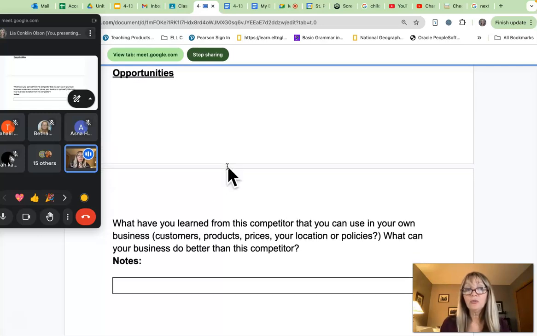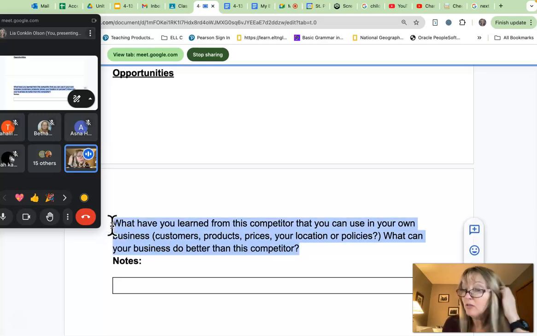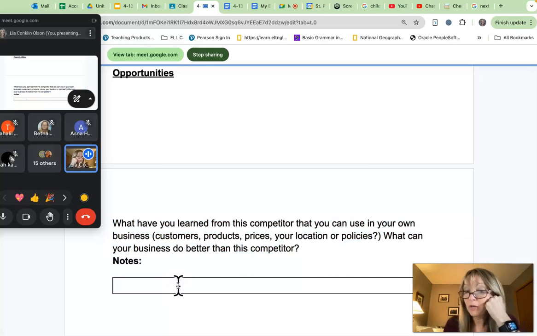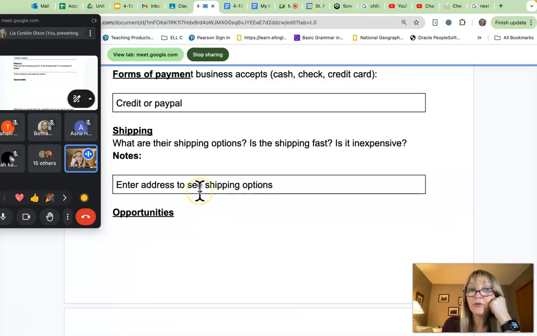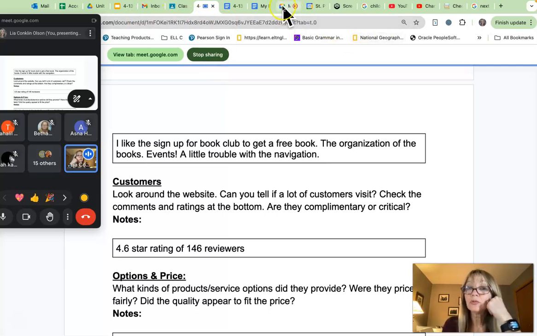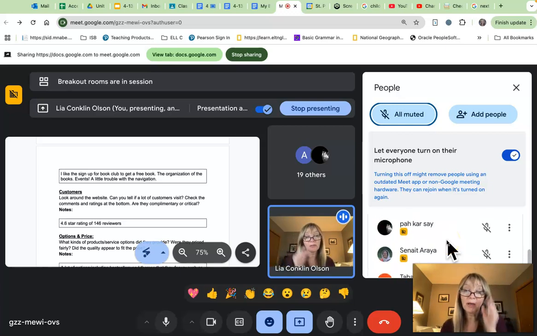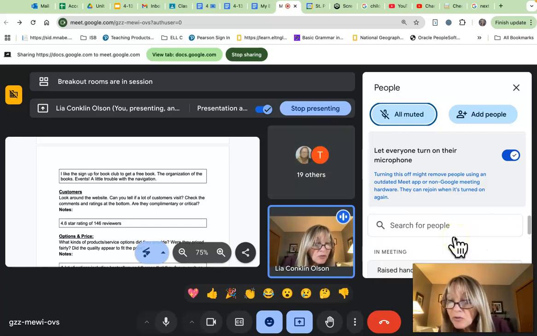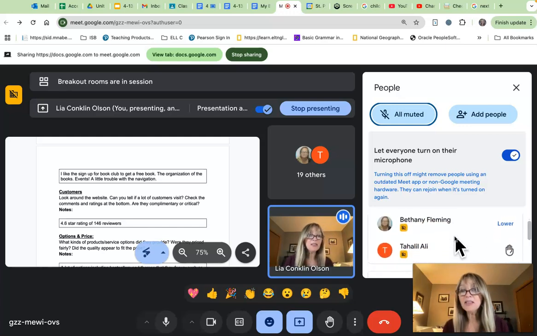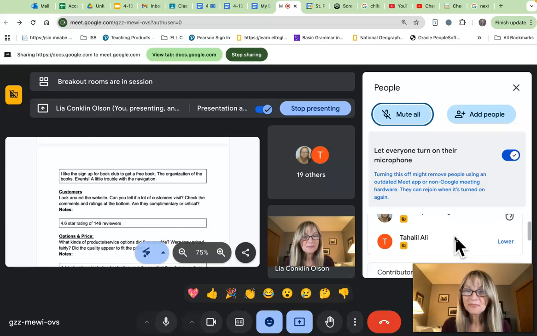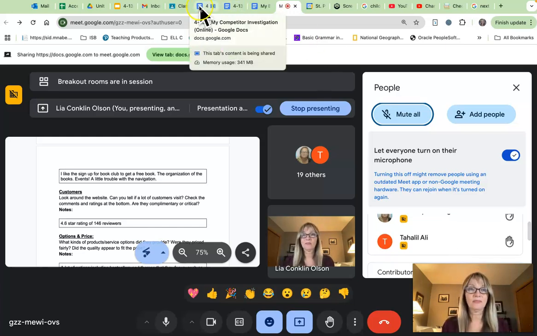And what I need to do then is, after collecting all that information, I need to write some ideas down that I learned for my bookstore based on my notes. And this is where I would like you to help me out. So if you could raise your hand, if you would tell me what is something you learned about this bookstore that we want to do the same or that we can do better. Anybody have an idea for the Hubs bookstore? Yes, let me grab, whose hand is that? Oh, yeah, Bethany. Organization, I think, is a big deal. How things are organized on the screen, and if you're